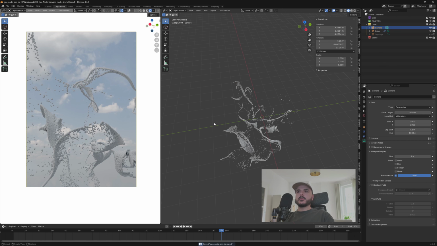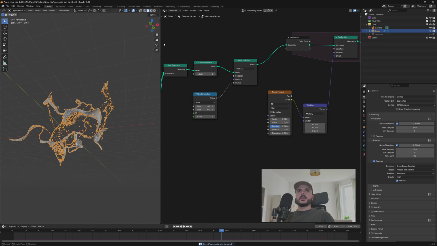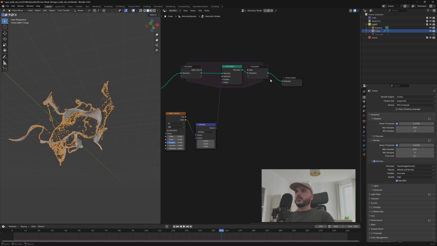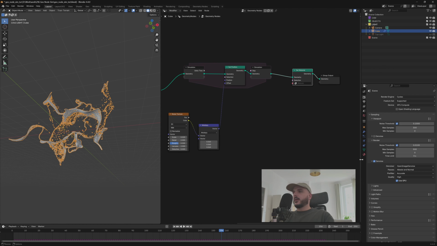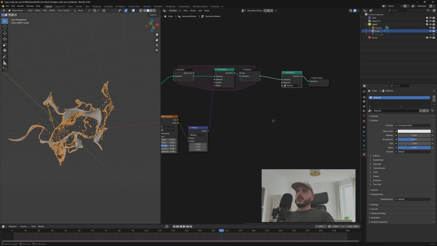Then let's make a quick material for our simulation. So I'm getting back to the geometry nodes and we need the set material node to assign a material to our simulation. So I'm plugging this in the end here. We are going to create a new material and let's choose this from the drop down here. Okay, we can